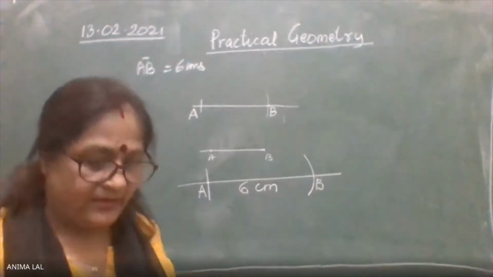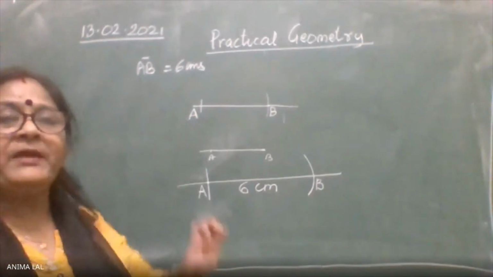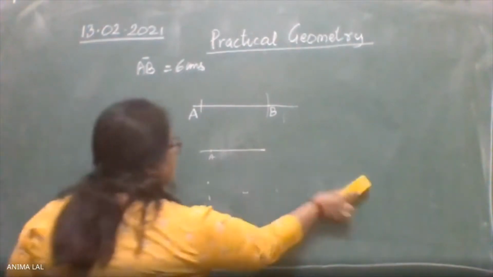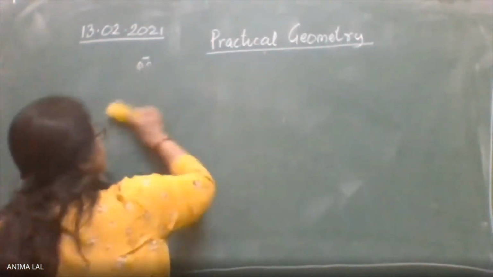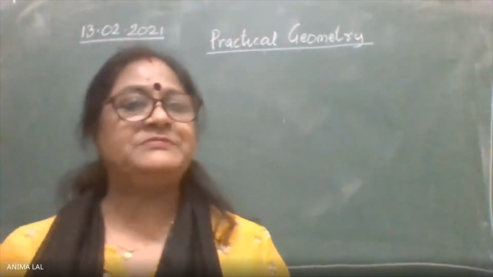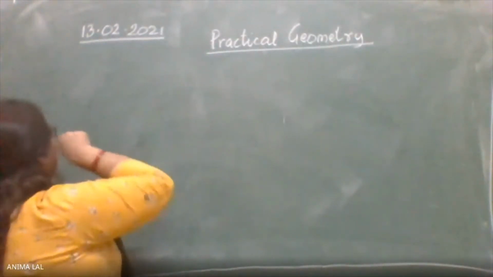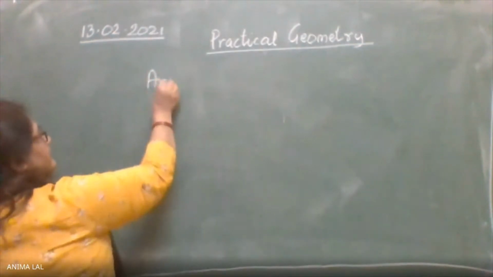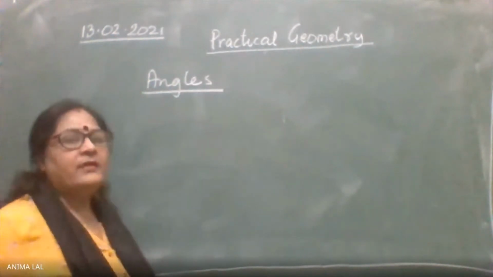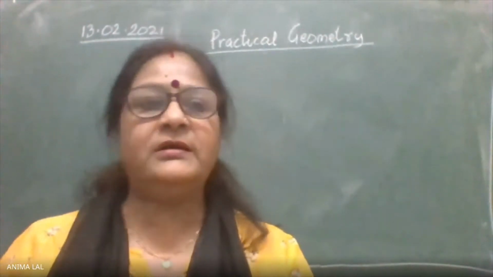Right. Now as we keep going, I'll be talking about the line segment only and then the angles. The steps are also very important. So you need to write the steps, which I will be giving you later on. Okay? Right. So now we know how to draw a line segment. Now we will construct angles. We are going to construct angles using the ruler and the compass only.